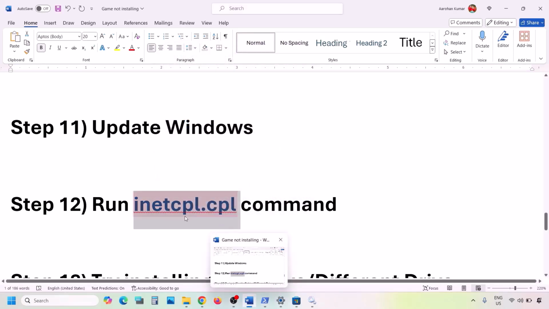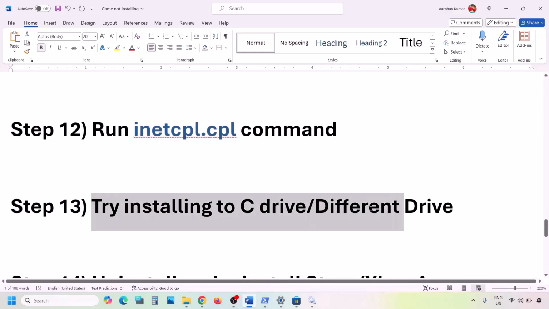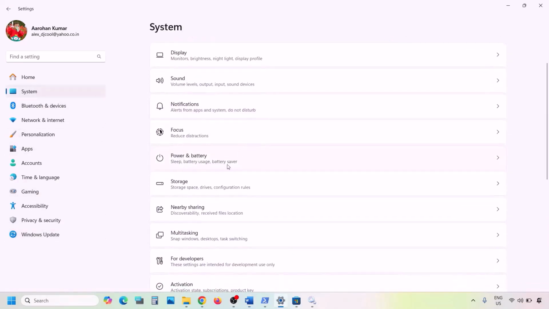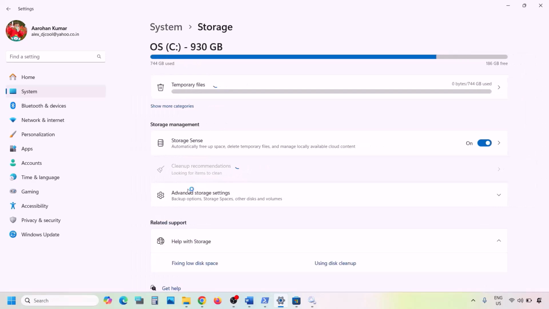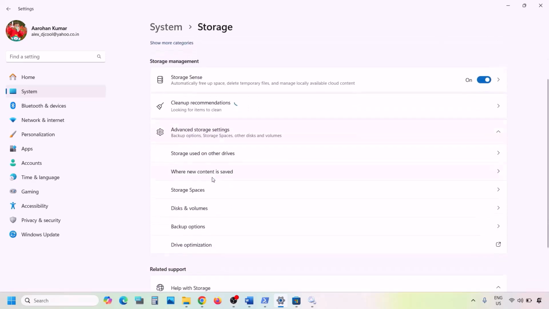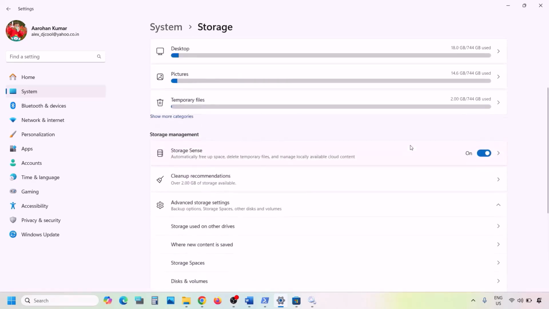Now the next step is to try installing it to C drive or a different drive. In that case, you can open Windows settings, and then go to system, and then go to storage over here, and then over here you can change the storage. So click on advanced storage settings, and here you can see where new content is saved. So you can click on it,